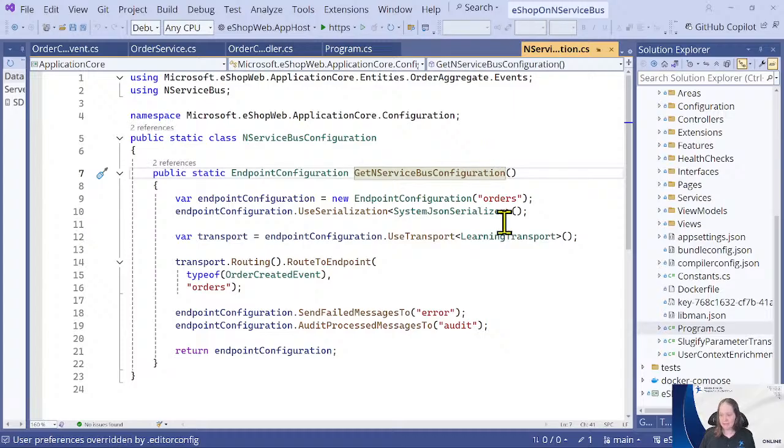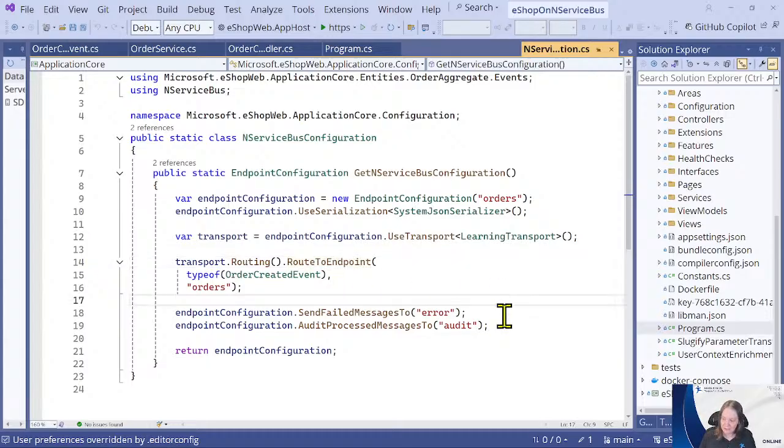This is going to create a new endpoint, the configuration of orders, telling it which serializer I'm working with. For this particular demo, we're using the LearningTransport, so I am not hitting any other brokers or things like that. Then the route to endpoint: okay, I have an event, specifically my order created event, and that needs to go to the orders endpoint.